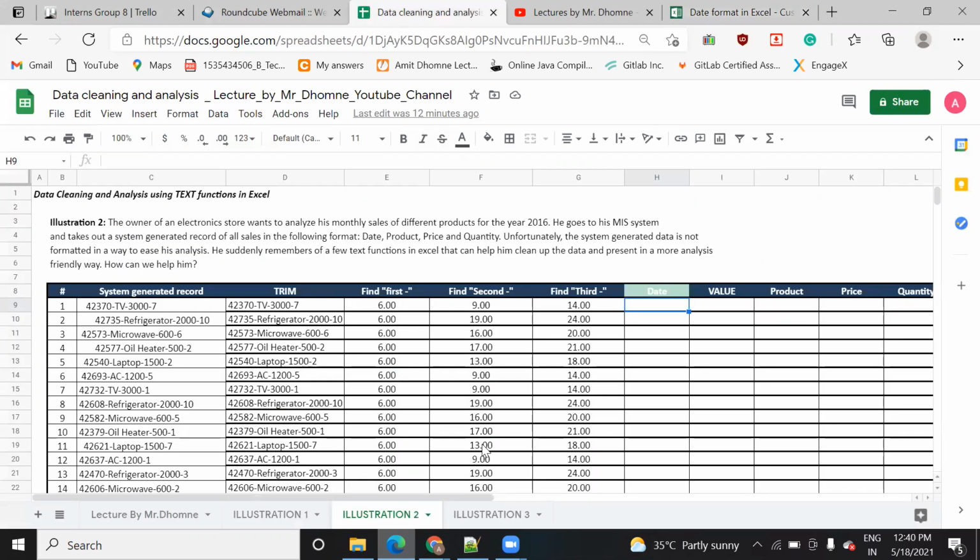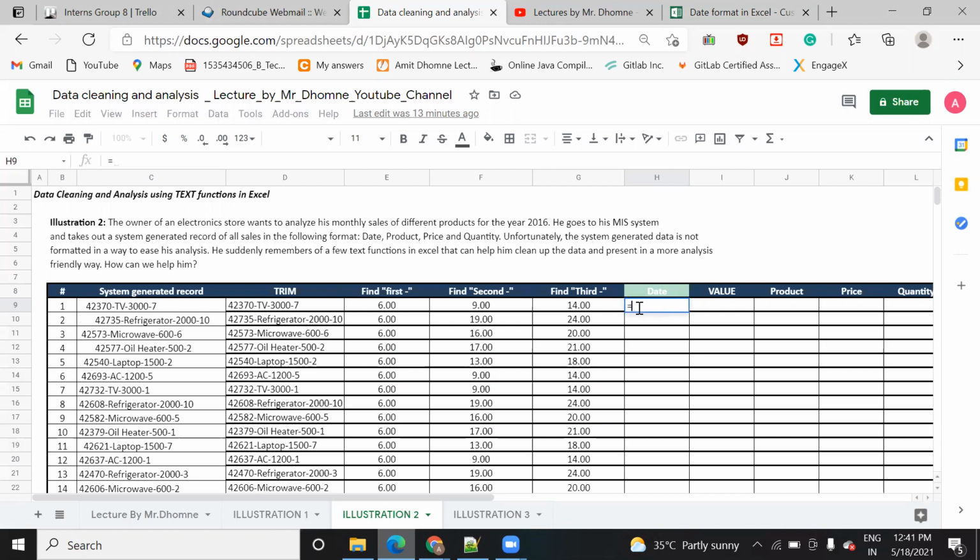This assignment will not only teach you how to use the basic Excel functions, but it will also help you understand how data analysis or data cleansing is usually done by data analysts. So let's see. In order to find the date, you need to use the left function. The left function will give the data which is present at the left of this hyphen sign. So I'm just using this left.